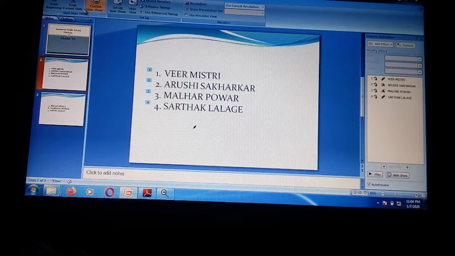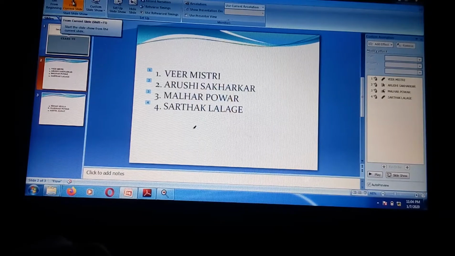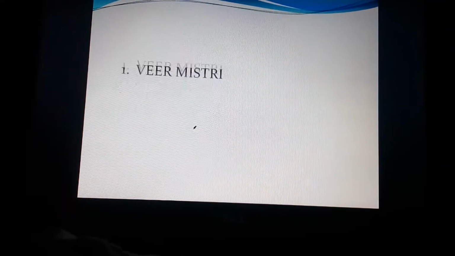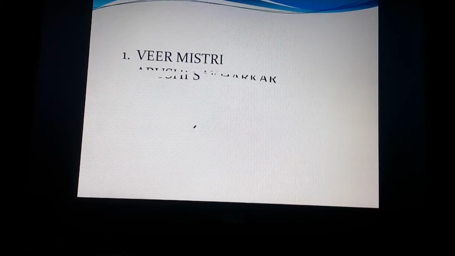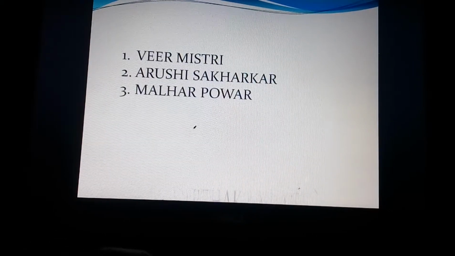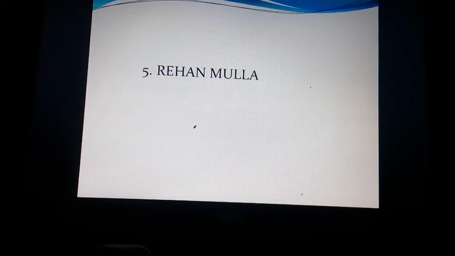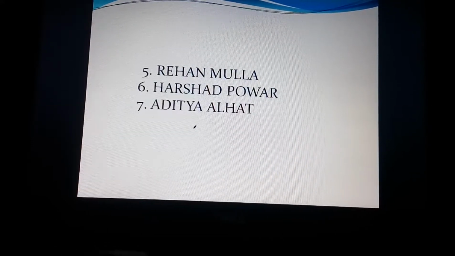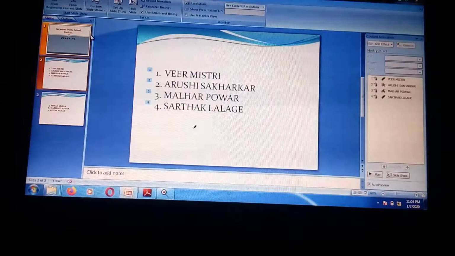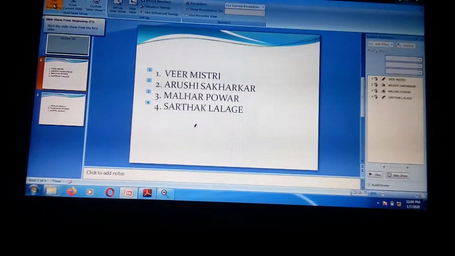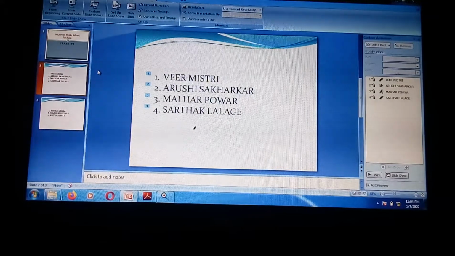I will now select the From Current Slide option. Let us see what happens. Now it will show the presentation from the current slide, the second slide, and the first slide is skipped here. Got it? What is the difference between From Beginning and From Current Slide?